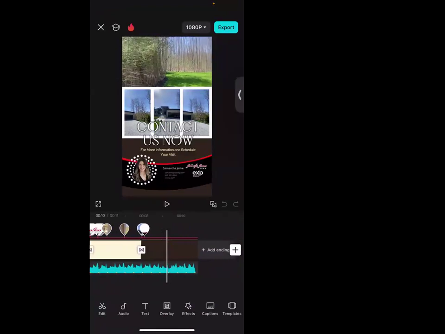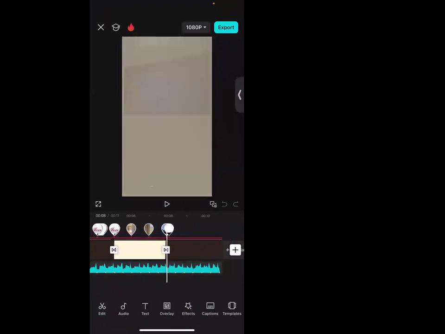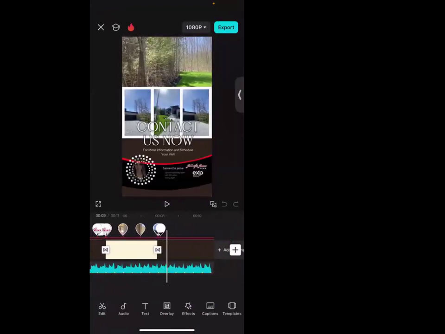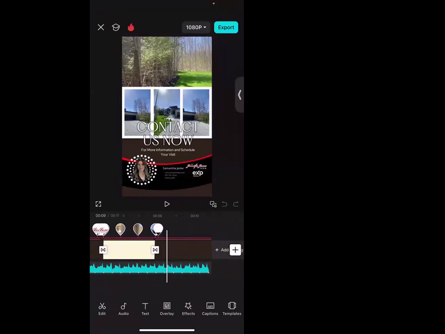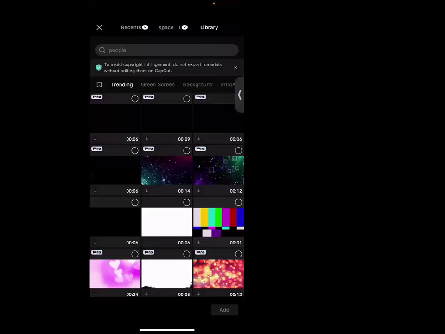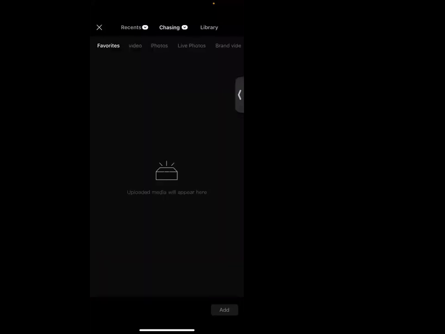So all I did was I went to the end page here, and then I tapped on the plus sign on the right side here. And then I go to library, or sorry, not library. So I created my own custom folder,